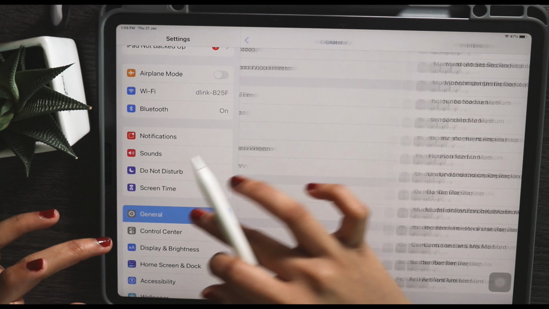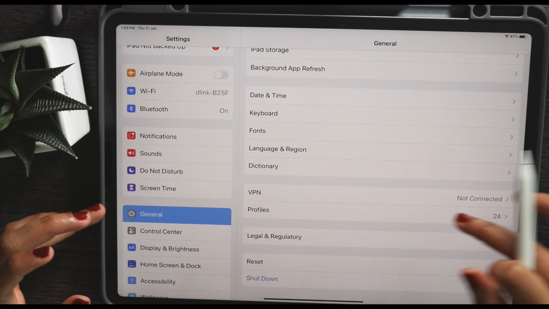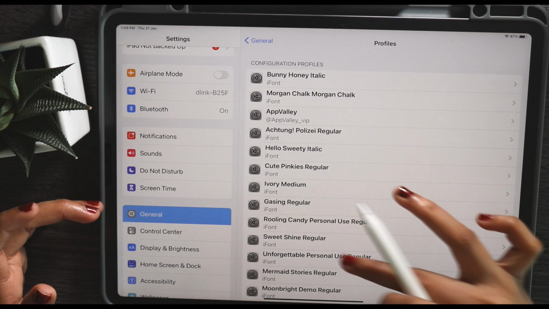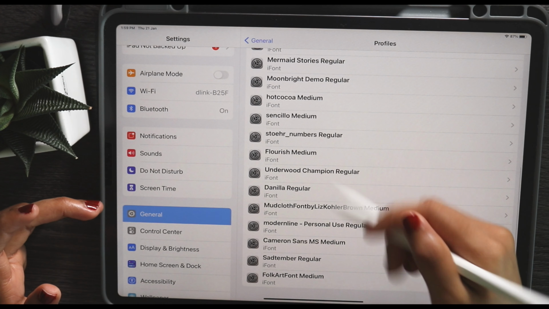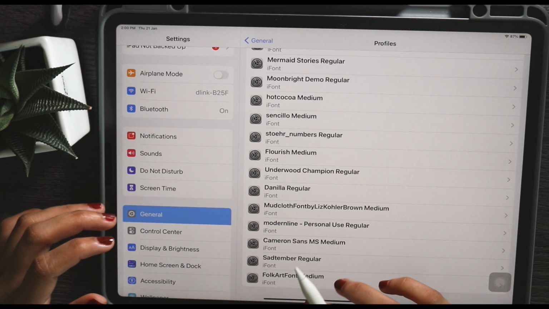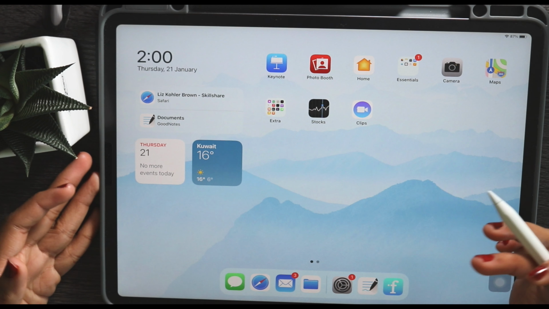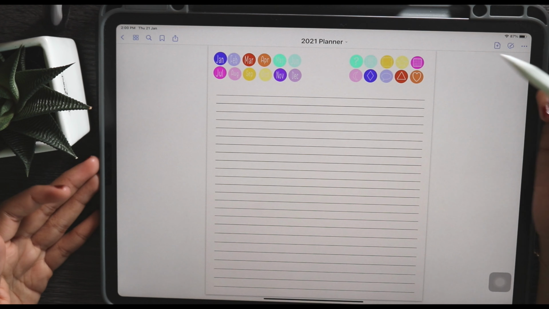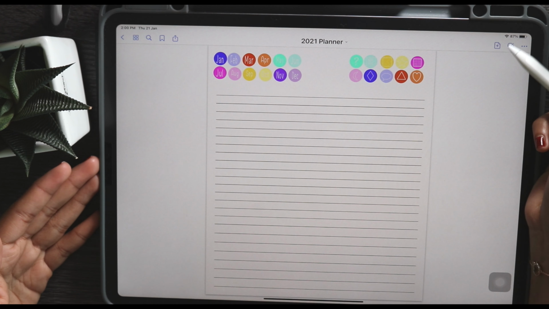Once you have installed, it will ask you to confirm, and it should open your settings app. If it doesn't open your settings app, I have seen it not open for me sometimes. You will go to settings, general, profile, and then you should see the font there, and you just have to confirm it. Once you do that, the font is installed on your iPad.